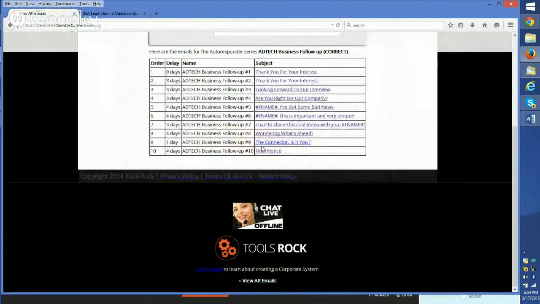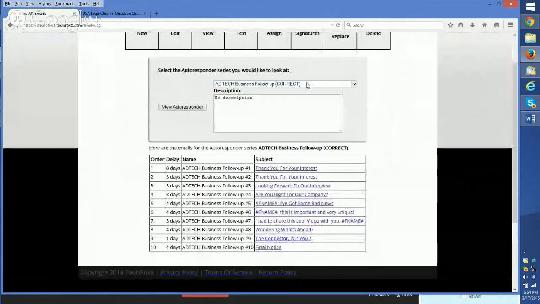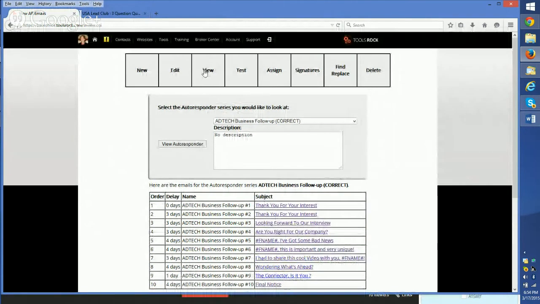The other letters are the same as if you go to AdTech Gold. This is the AdTech business follow-up. AdTech Gold are the same thing. Friends and family are different. It addresses a different audience. Your friends. Hi, how you doing? Casually talking to them. So while I have you on the phone, I guess we could go in, just in case, so I can tell